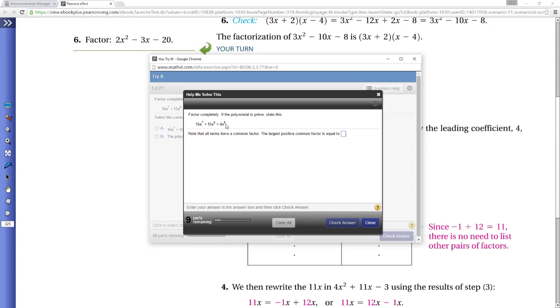Well, there's no 3 and 5 in either one of these, so there are no common coefficients to these terms, but there is a common a factor, right? In fact, a to the 6th is common in there, and that'd be the largest in this one. Okay, so a to the 6th power